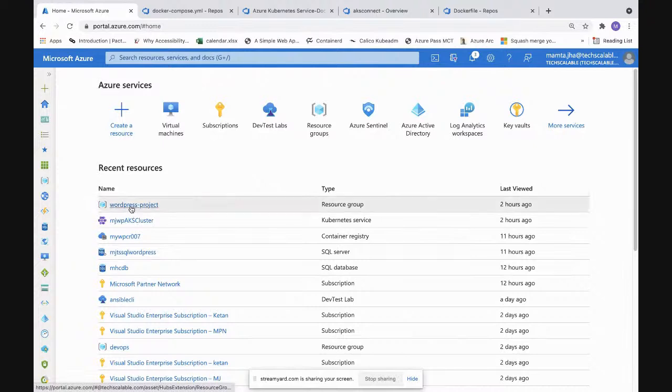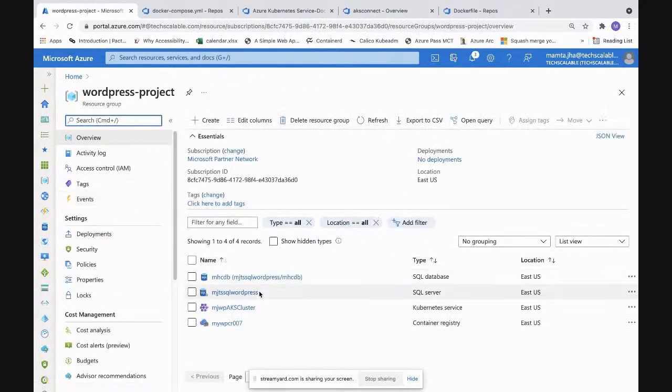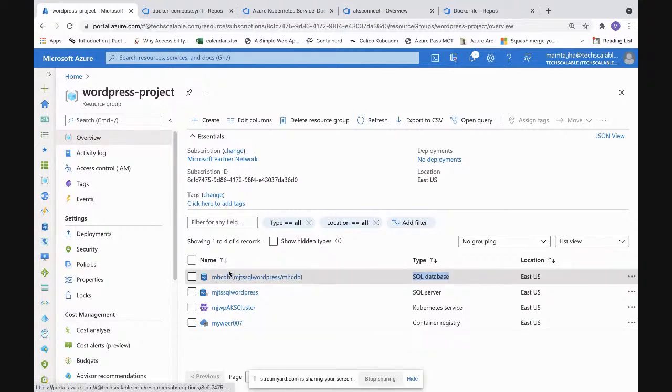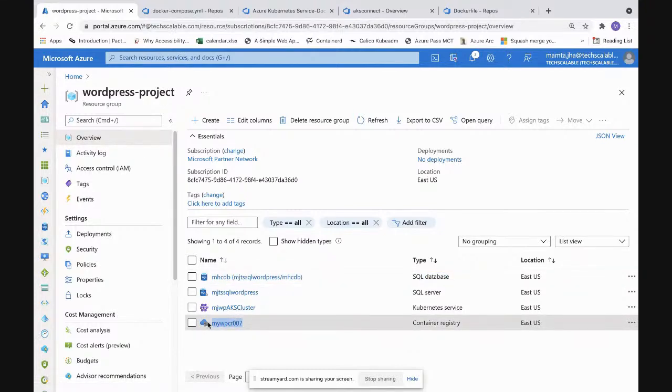If I take you to my resource group, I have a Kubernetes cluster, I have a container registry, I have a SQL server and a SQL DB. You don't have to do too much effort in creating a container registry and all. You can do it from here, or you can create that from the command line as well. There is a little bit of twist when your AKS and ACR interact. You have to keep something in mind that I'll emphasize when we reach this stage. At present, my container registry name is this.